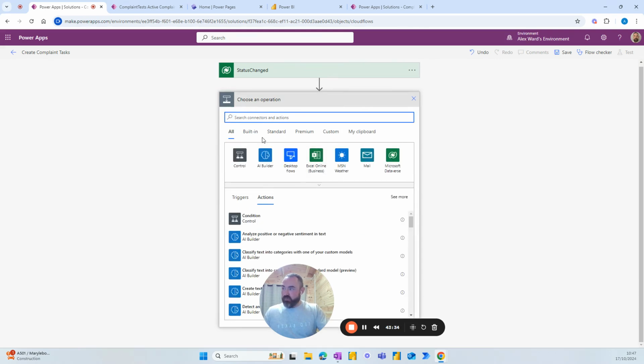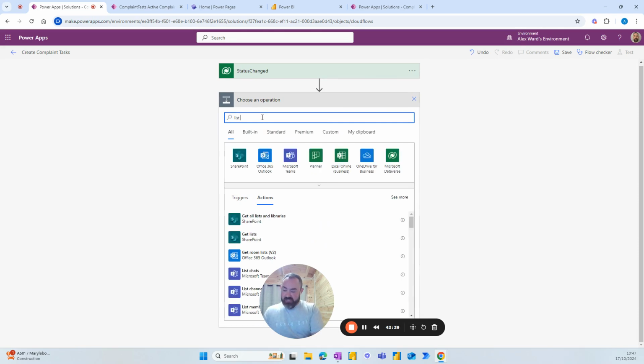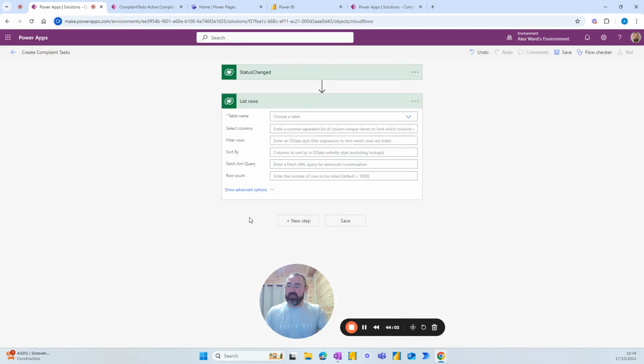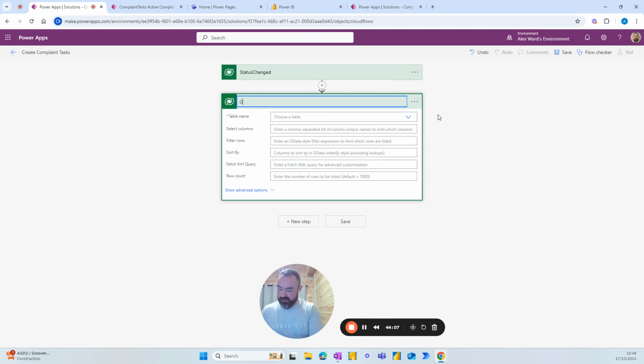Next step is we want to list rows. Now, what we need to be careful of when we're creating tasks depending on a certain change in the status is that the status isn't changed multiple times as it goes back and forth and creates multiple tasks. So we need to look at the task table and make sure that the tasks haven't already been created for that complaint. So we'll call this get existing